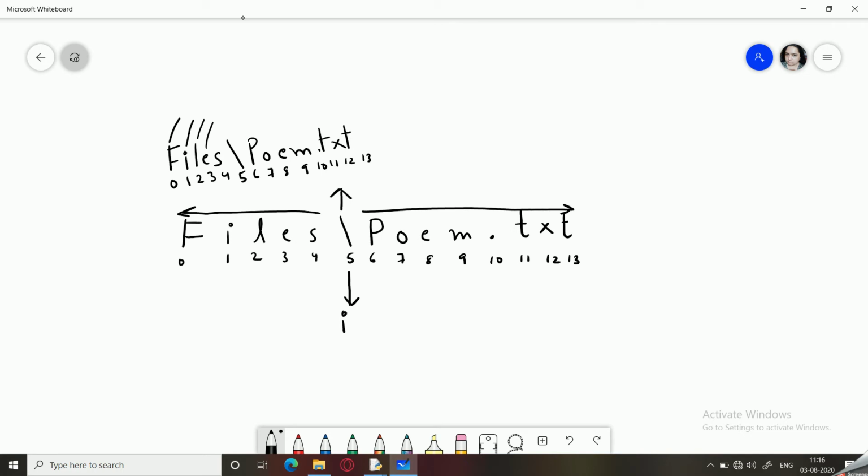So for doing that, we have to use the string slicing operation. So we will be using file name, because we are starting from 0, so we can skip the start index. Our end index would be i, because it has to go up to 4, that is i minus 1, which is at 4. So we will take it up to i. Along with this, we will concatenate